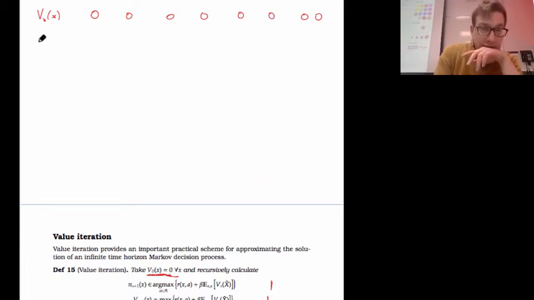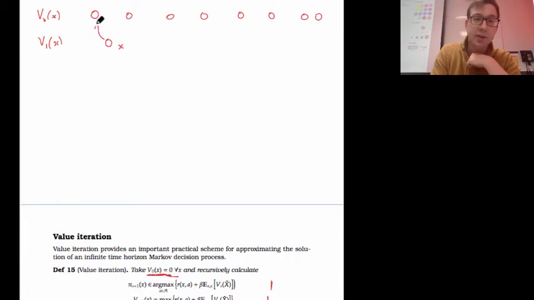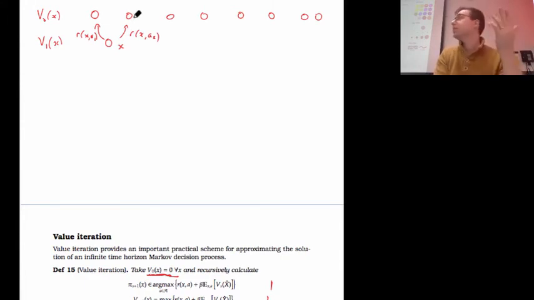Then, at the next round, if I'm at this state X, I take the action that maximizes my reward. Let's say I've got a reward R_x(A1) for going here, and the reward R_x(A2) for going here. I just take the maximum, and then assume the value afterwards is 0.